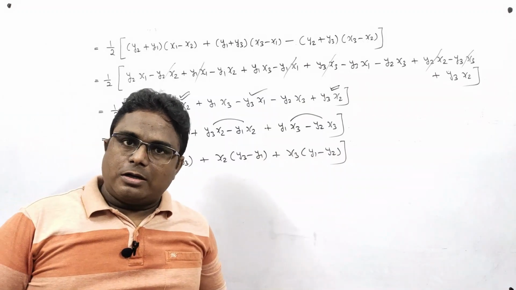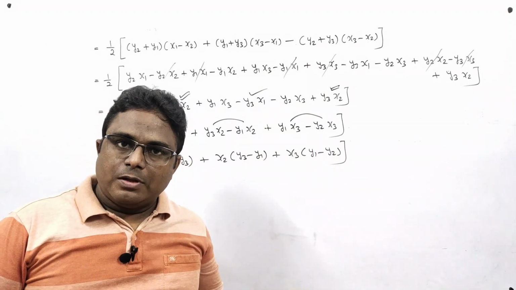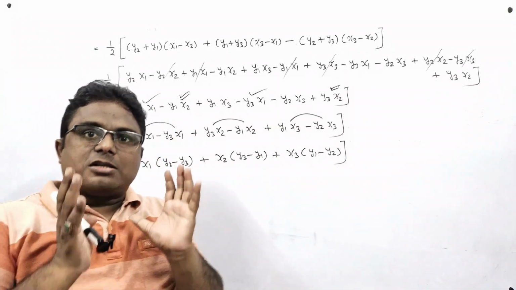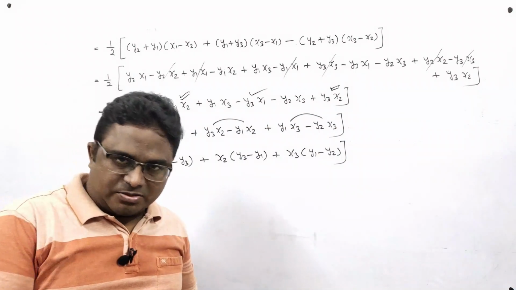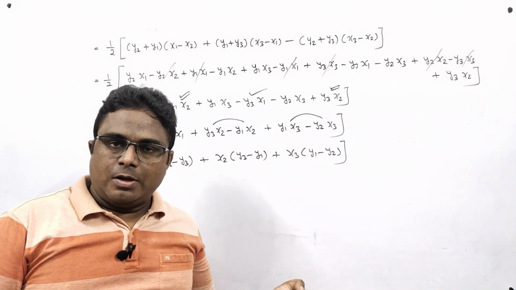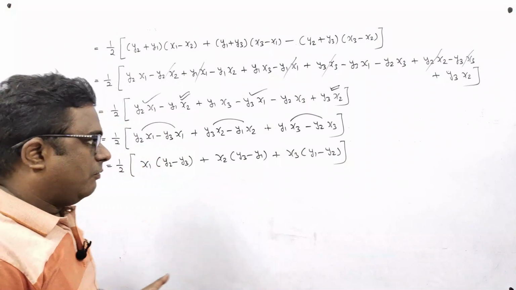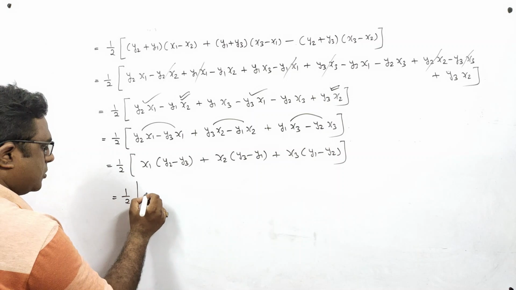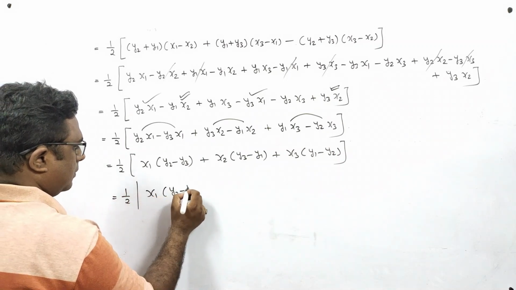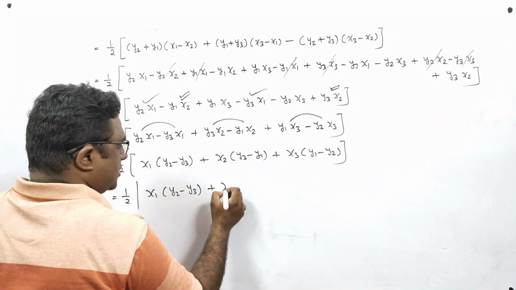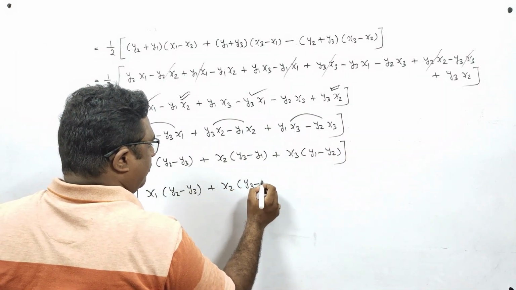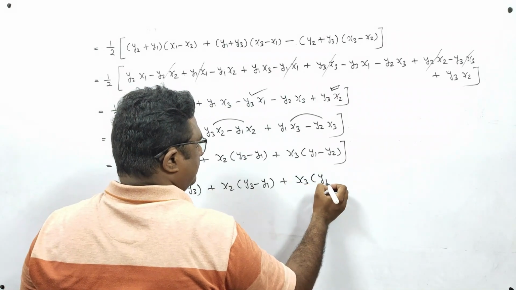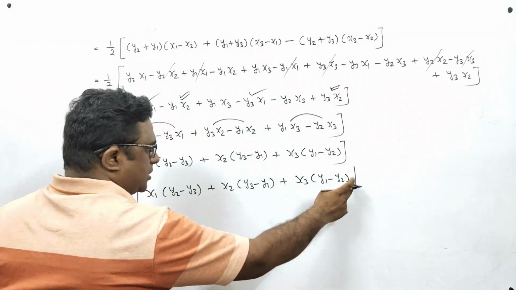Now students, we know that the area of a triangle can never be negative. So if by applying this formula your area is coming negative, then you have to ignore the negative sign because area cannot be negative. And to avoid that situation, we generally use a modulus sign here. In place of the square bracket, we will use a modulus sign. The whole formula will remain the same, except one change: in place of the square bracket, I am using a modulus sign here and here.